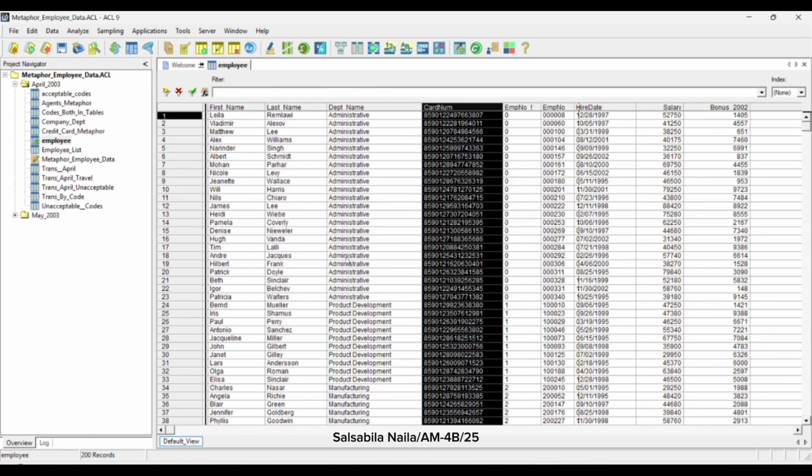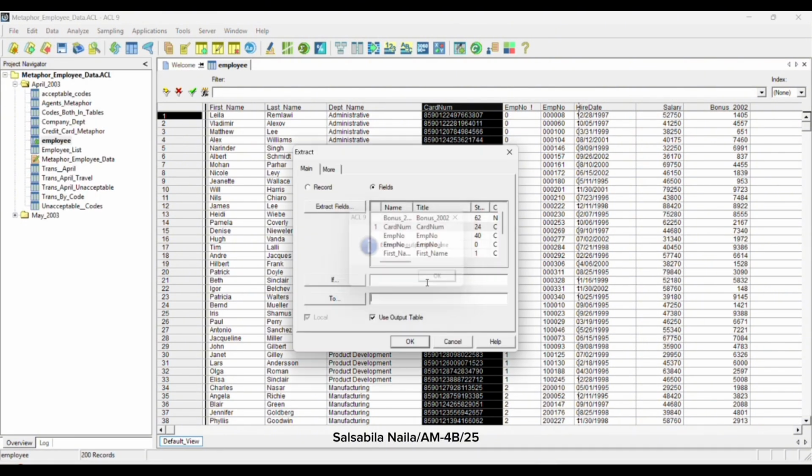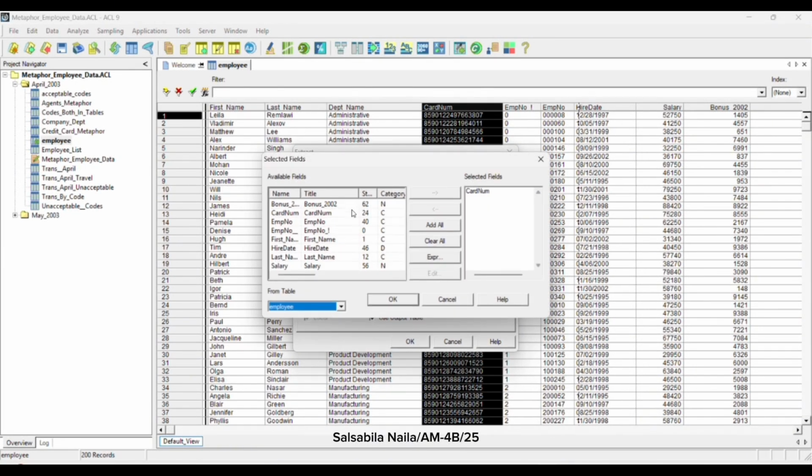Now we have to extract fields to a new table. First we select Data and Extract Data, and the extract dialog box will appear. We select Fields and click the Extract Fields button. Then the selected fields dialog box will appear. In the selected fields list, we add first name, last name and card number to the list.